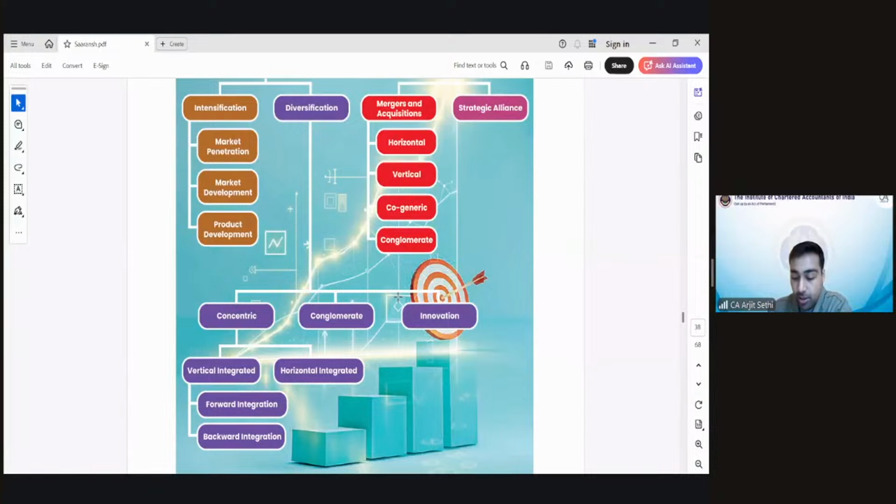Okay, horizontal integration. So we studied market penetration, market development, product development. We talked about concentric, which is vertical integration, backward and forward. We talked about horizontal integration as well. Conglomerate is simple, unrelated business. Pizza wala, aapka pizza person is now selling movie tickets. Conglomerate बनना चाह रहे हैं, unrelated business है.